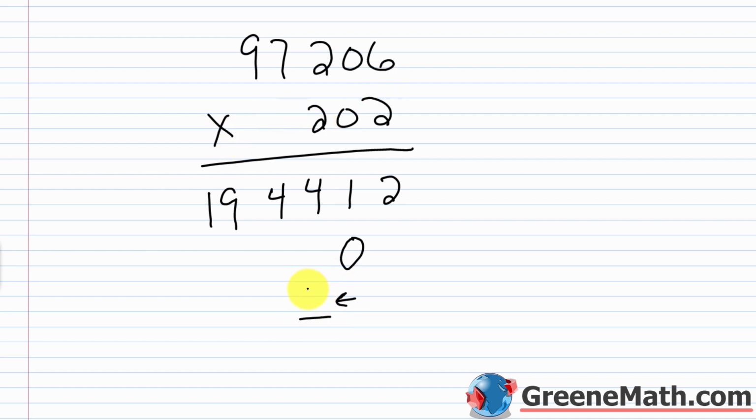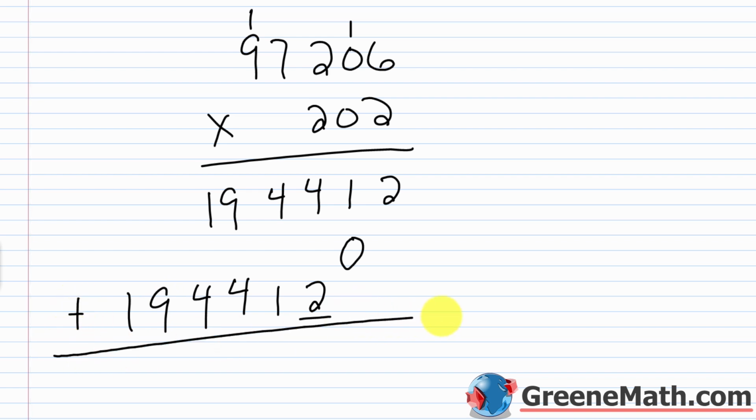2 times 6 is 12. 2 down, carry the 1. 2 times 0 is 0, plus 1 is 1. 2 times 2 is 4. 2 times 7 is 14. Put a 4 down, carry the 1. Then lastly, 2 times 9 is 18, plus 1 is 19. So now we're going to add. Go ahead and bring down the 2. 1 plus 0 is 1. 4 plus 2 is 6. 4 plus 1 is 5. 9 plus 4 is 13. Put a 3 down, carry the 1. 1 plus 1 is 2, plus 4 is 6. Bring down the 9, bring down the 1. So we end up with